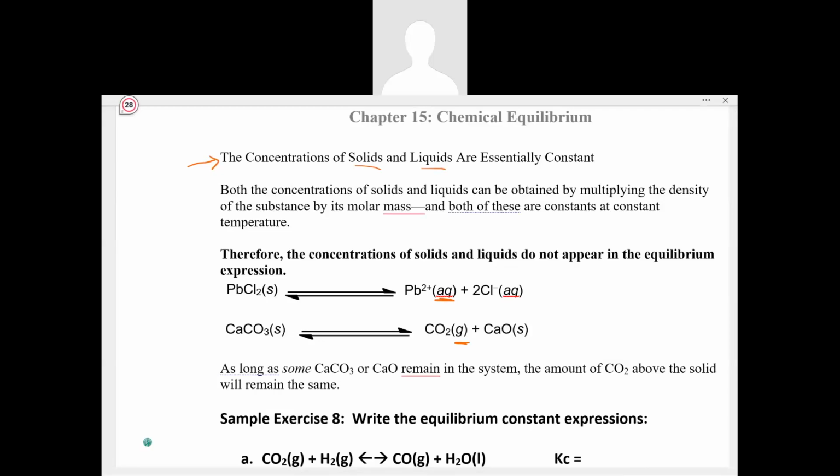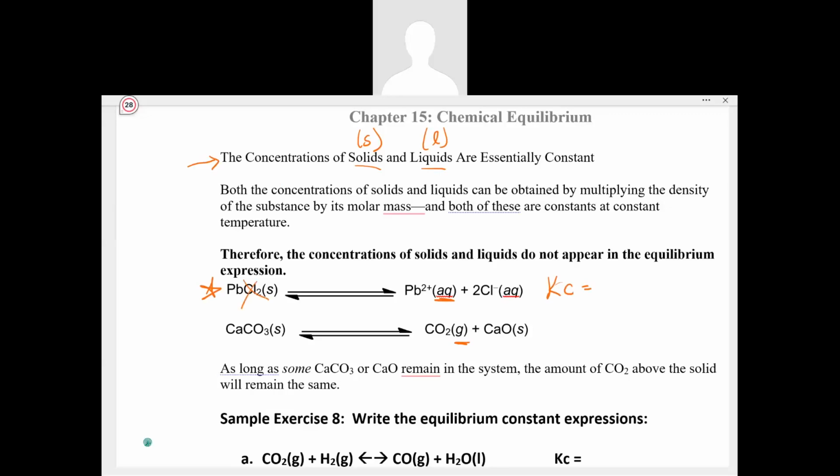So again, anything designated with an L for liquid, anything designated with an S for solid, we can pretty much ignore, and they would not appear in an equilibrium expression. So let's take a look right here, and we'll get some examples of that, and then we'll take a look at sample exercise 8. So the Kc expression for this equilibrium of this lead fluoride here, we're not going to even include that solid,